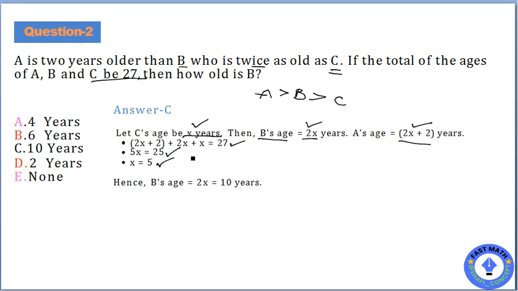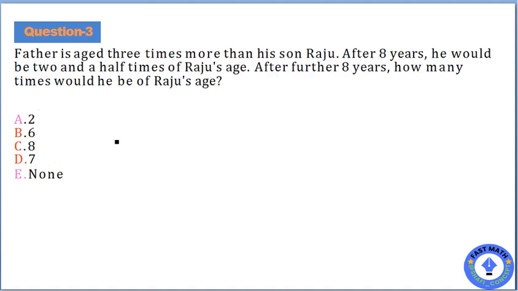The x which we have considered is the age of C. As per the problem, B's age is required for us. That means B's age is 2x, that is 2 into 5, which is nothing but 10 years. The answer is C. Coming to the third one,